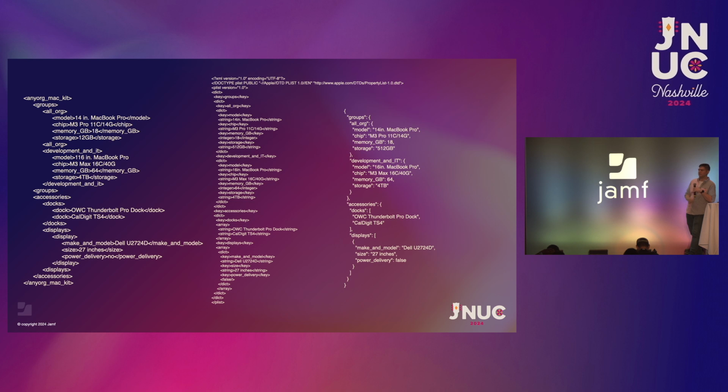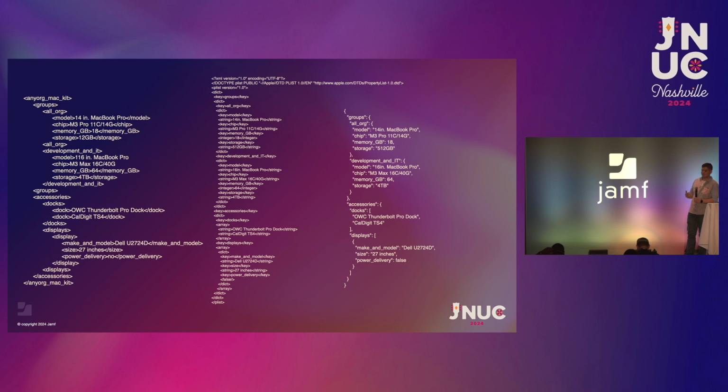A great example is there is a property list in, I believe, the root Library Preferences folder on Macintosh HD that contains all the known Wi-Fi networks. What networks have people connected to? Do they have the networks that I want them to be connecting to in their list of historical networks? What's the information about those? What base station ID is it connecting to? Does it have auto join enabled?